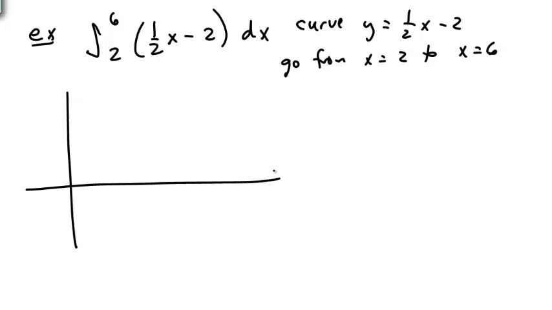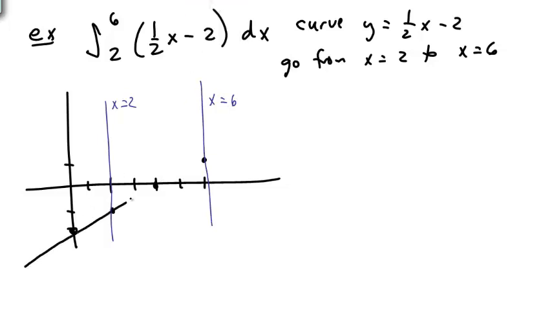What does this curve look like? We have a y-intercept of -2, and we go up 1 over 2, up 1 over 2, up 1 over 2. Have we reached our endpoint yet? We want to go from x equals 2 up to 1, 2, 3, 4, 5, 6. Yes, x equals 6. So our curve is a straight line,